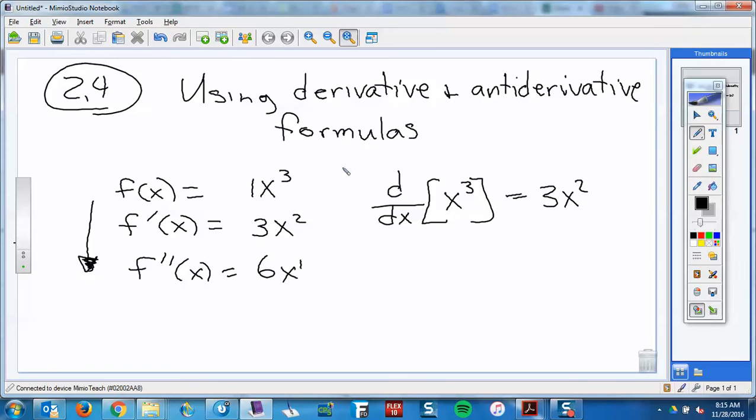But does it make sense that there is an antiderivative of this? Isn't there some function that when you take its derivative would give you x cubed? So here's the notation we're going to use. Big F. Now, that leads, of course, and we'll find it here in a second, but that leads